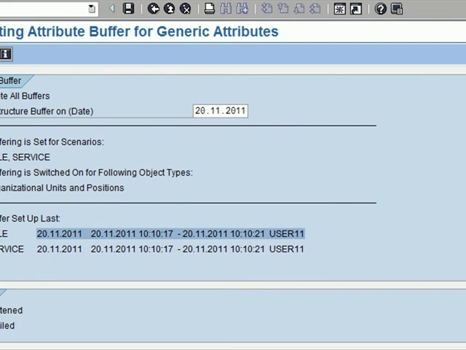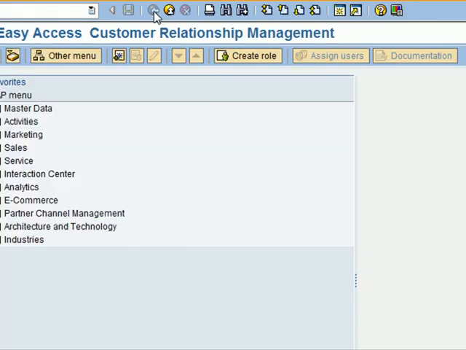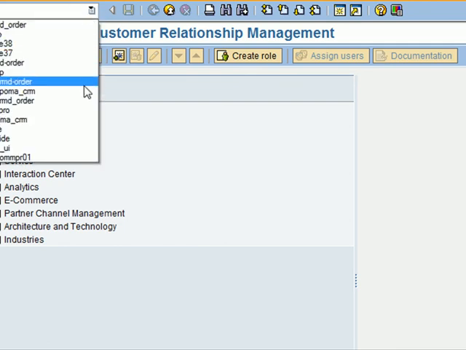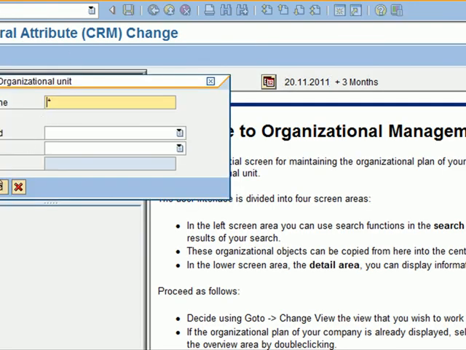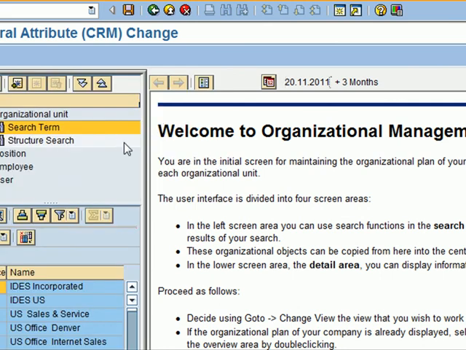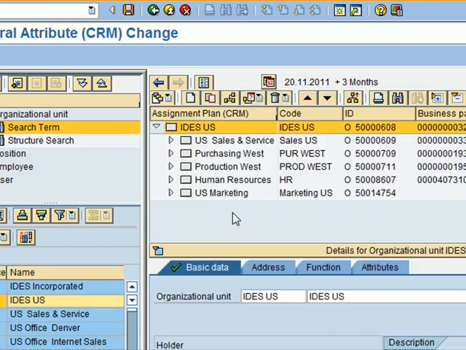One more interesting and useful thing which you might find is we saw the org structure on the web client, but we can also see the org structure within the SAP GUI, and there's a transaction called PPOMA_CRM. If you've been working on CRM for a long time, this is what you would normally be used to, because in the earlier versions of CRM, this was the way to set up the org structure and the org units. So to take an example, if you look at US sales and service,